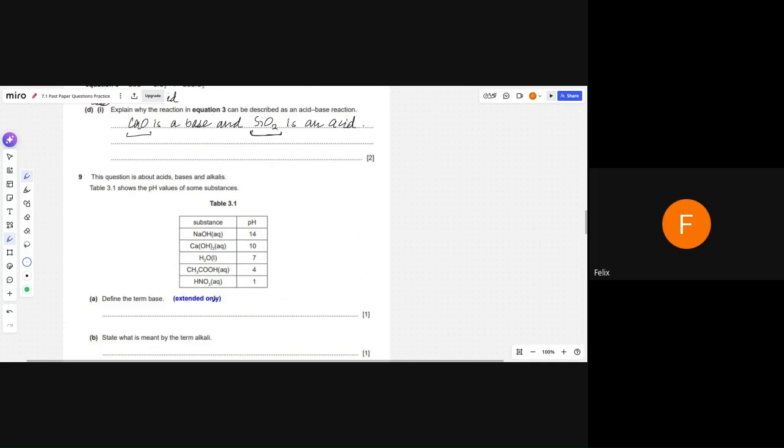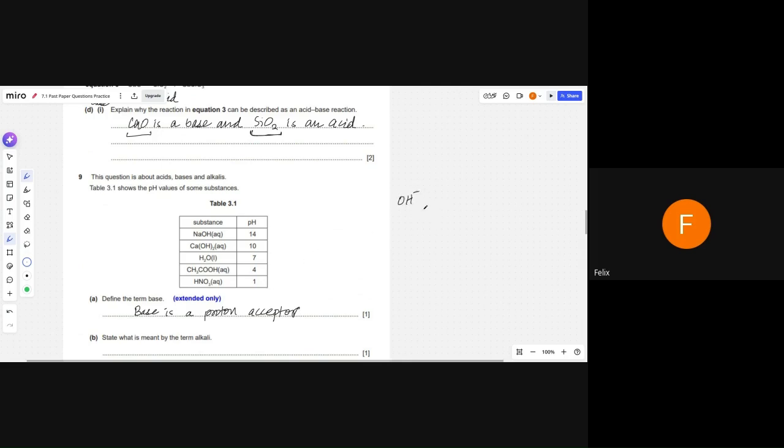So the core students will not be assessed on these questions. Now define the term base. For the extended syllabus, the definition of a base is that they are proton acceptors. A base is a proton acceptor. Remember that. For the core students, the definition is that a base is anything that releases OH negative